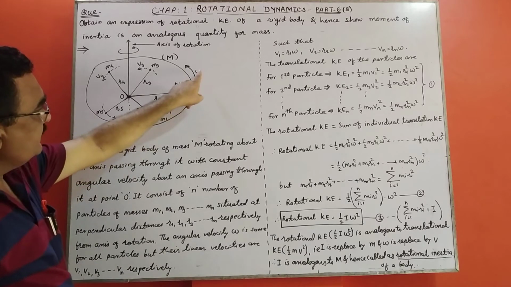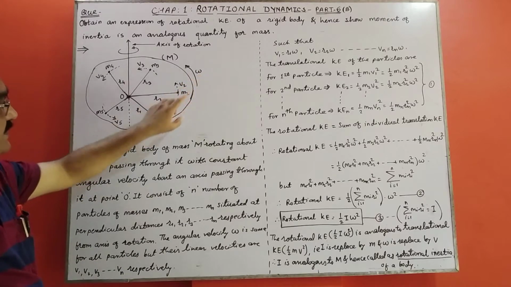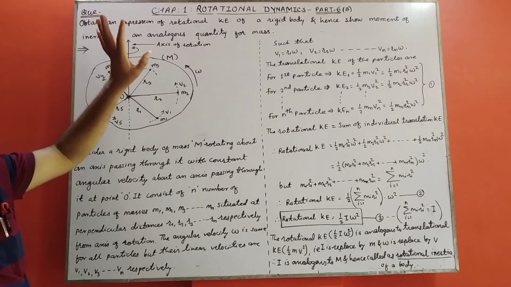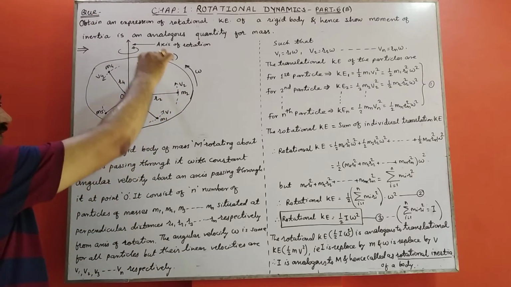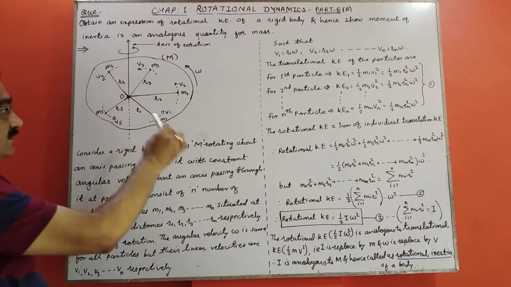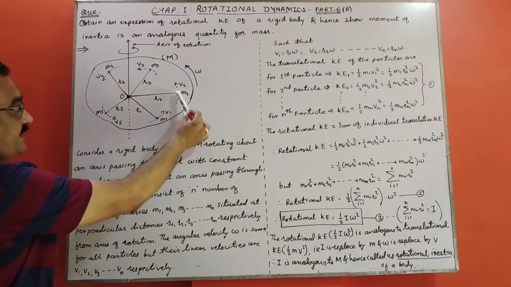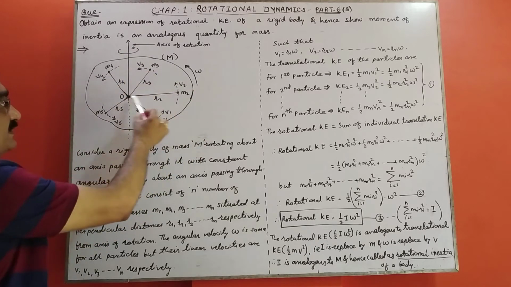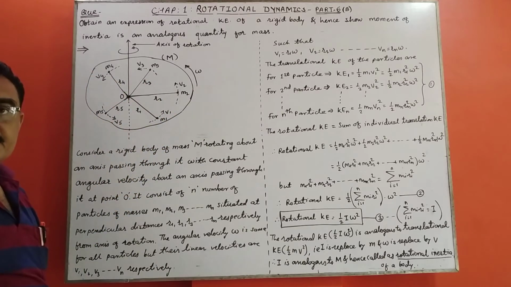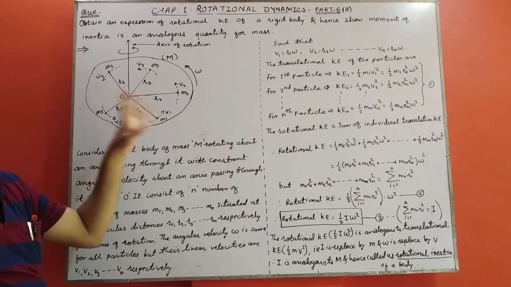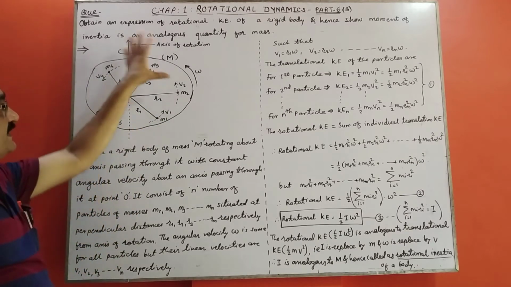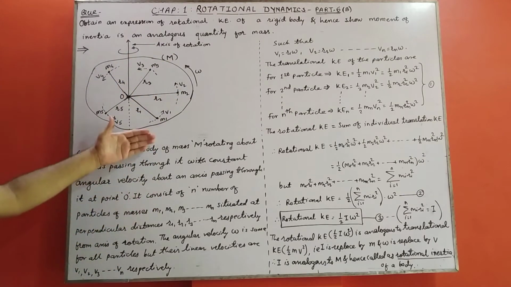This omega is constant for every particle, but these particles perform circular motion with this velocity v1. This particle is moving with v2 because their distances are different, so their linear velocities are different. So from this diagram we can write this theoretical part,